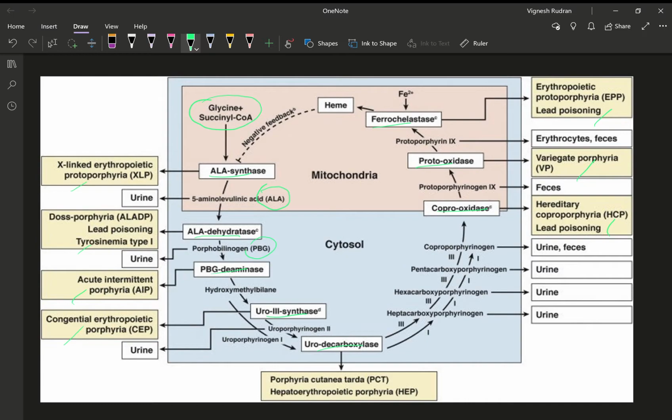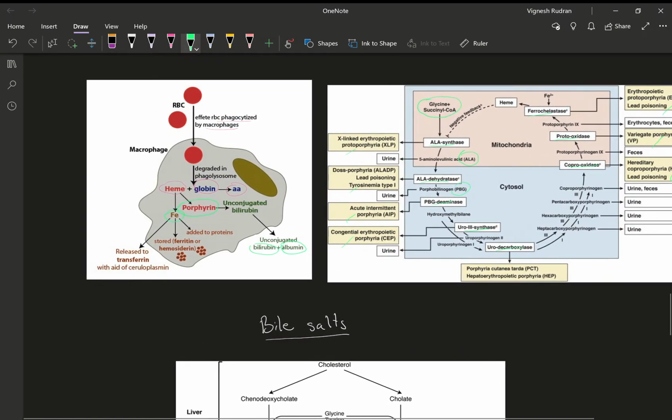Maybe I could explain what each deficiency would cause, but basically what will happen is if there is no ALA synthase, there's no porphyrin at all, so it's very deadly. If there is no ALA hydratase, there's an increase in level of ALA, so that will be present in the urine. So it just takes a little bit of common sense and a lot of memory. The common sense part, I hope it's very clear and straightforward. The memory part you need to work on. So that would be the porphyrin metabolism.